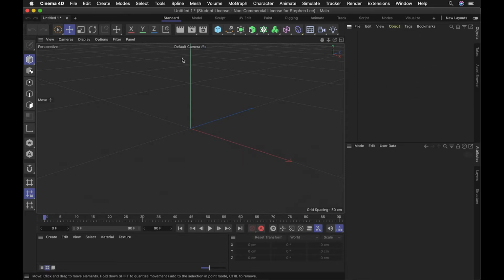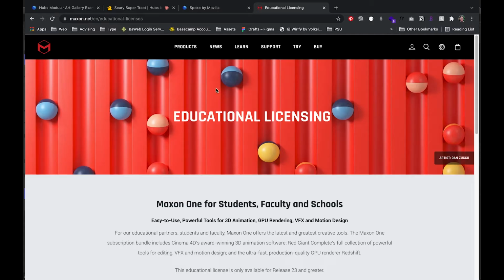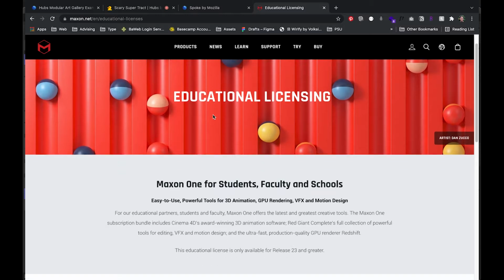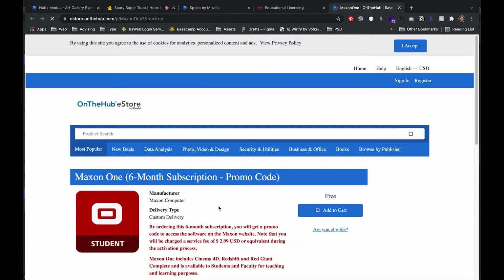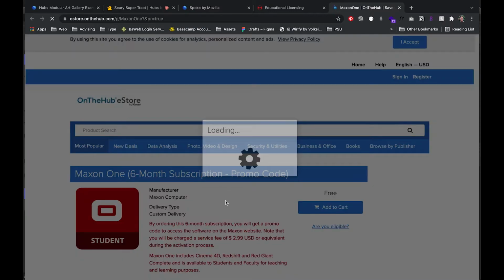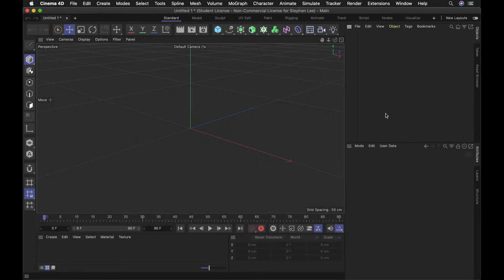I'm using Cinema 4D, and that's what I have open right now. You can download this if you're a student, and you can get access to it for 6 months, I believe, for just a few dollars. It's really worth it. All right, so I'm going to start off just by creating a shape,